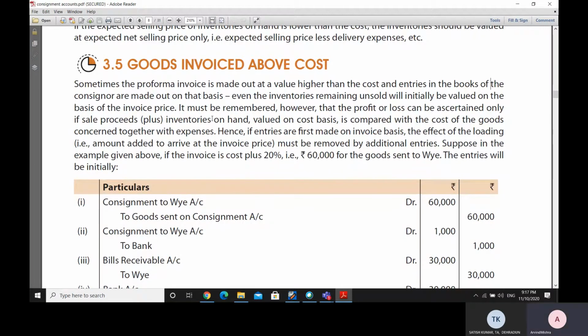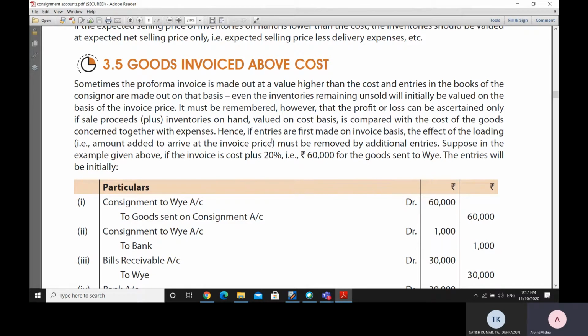If the sale proceeds plus the inventories as valued on cost basis is compared with the cost of the goods which are sold along with the expenses incurred on those goods, then only we can ascertain the profit. So, as profit or loss cannot be ascertained without using the cost basis,